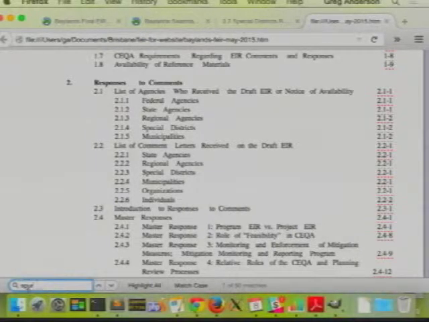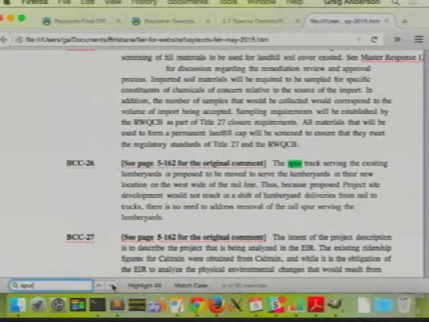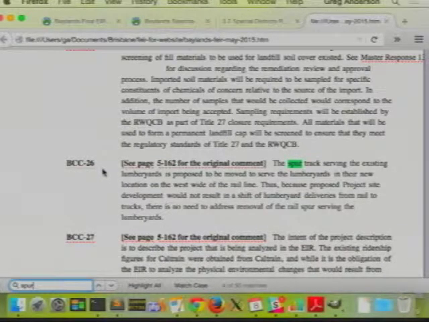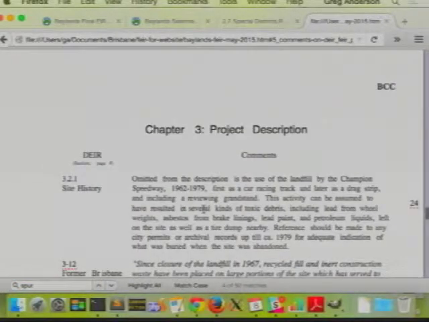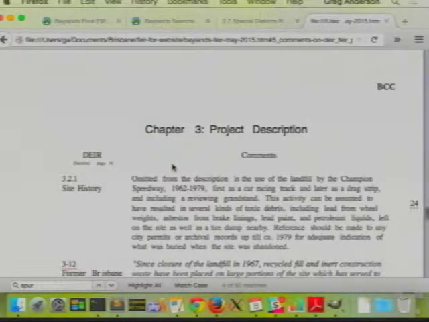So in this case, I want to look for occurrences of the word spur to see if I can find comments on the rail spur. And I can just step through it, and we see that the Brisbane Citizens Committee question number 26 had a comment about the spur, and the answer says that the spur track serving the existing lumber yard is proposed to be moved. And if we look at the original comment, we're looking for BCC 26. If we look for the original comment,